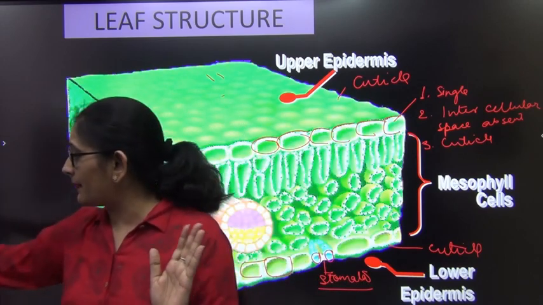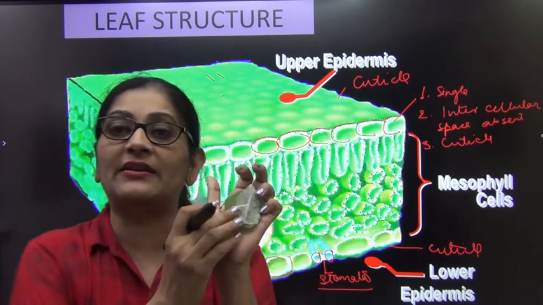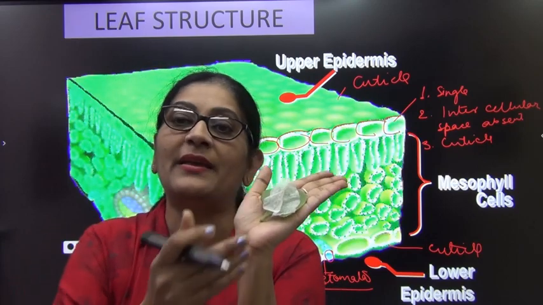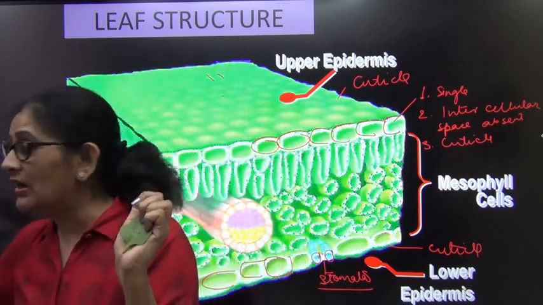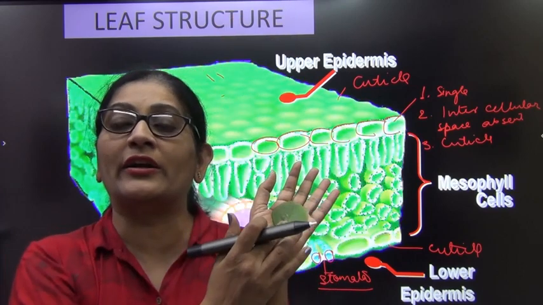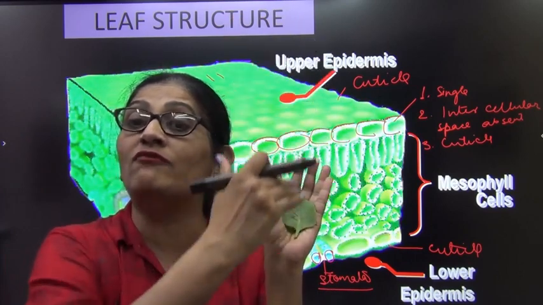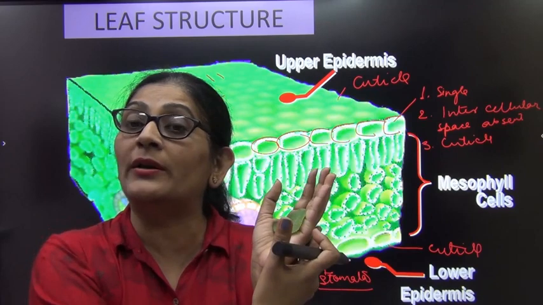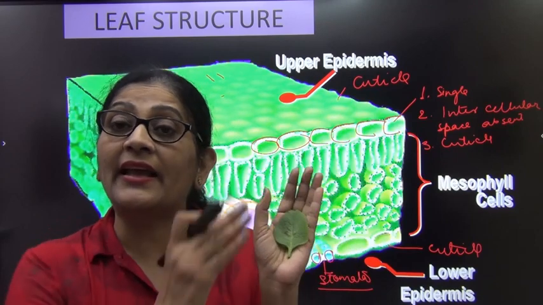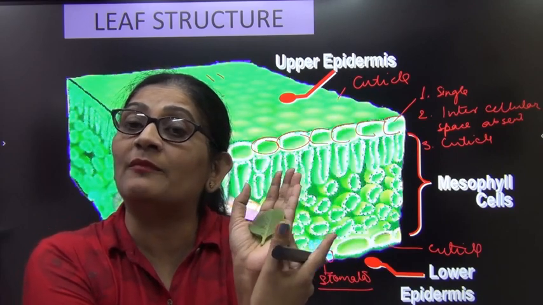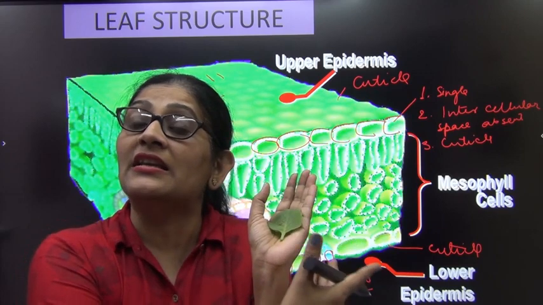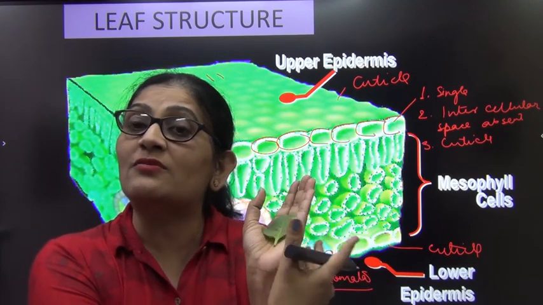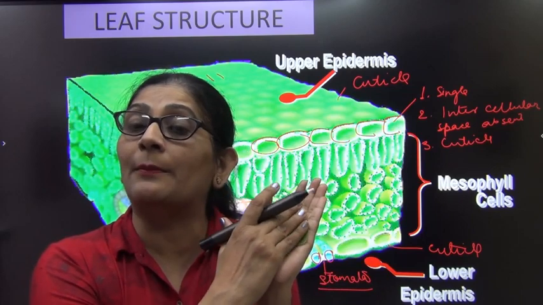Why? Because the upper epidermis of the leaf, if you look at this leaf like this, the upper epidermis being in contact with the sun, directly being in contact with sun, obviously it will have more tendency to lose water than the lower epidermis. तो इसके लिए होता क्या है कि हमने स्टोमाटा ज़्यादा नीचे की तरफ बनाया है क्योंकि इसको डायरेक्ट सनलाइट या धूप कम मिलती है. So there is more stomata on the lower surface than on the upper surface.